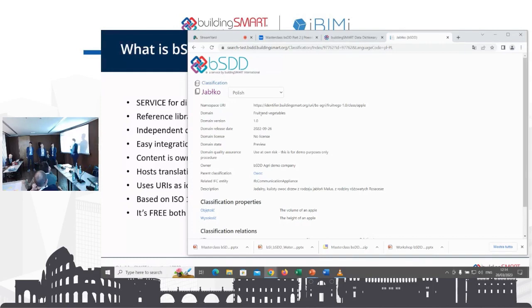In this case, this demo is from a demo company. But in all cases, you can click on the owner. Usually there's a link that provides information about who owns it, usually a link to the website of that organization. So there is no abandoned content that nobody owns. And if we see that something is not used for a long time, we can ask the owner to consider if it's still relevant. Did I answer your question?